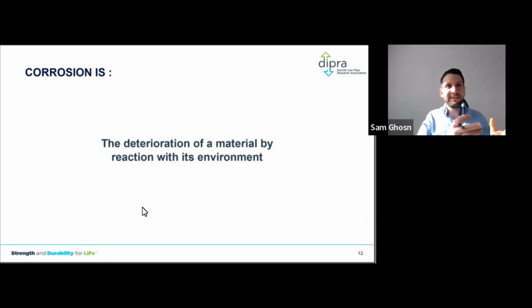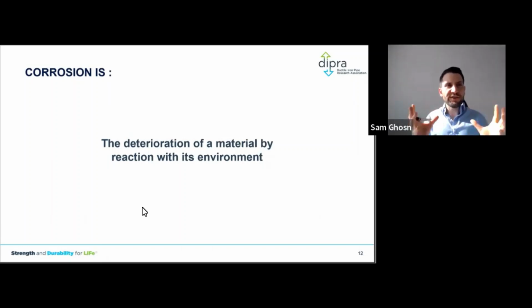However, we still have to deal with existing infrastructure that was built in the 1800s and 1900s without corrosion control, and we have to either make a decision on replacing it, rehabbing it, or keeping it until it fails. So when it comes to corrosion, we need to understand that corrosion is the reaction of a metal with its environment, as simple as that. So if the environment is corrosive, the pipe will actually react with that environment and will fail over time. However, if the environment is not corrosive, you could install any metal, including ductile iron pipe, in those kinds of soils, and they will be there forever without even corrosion control.